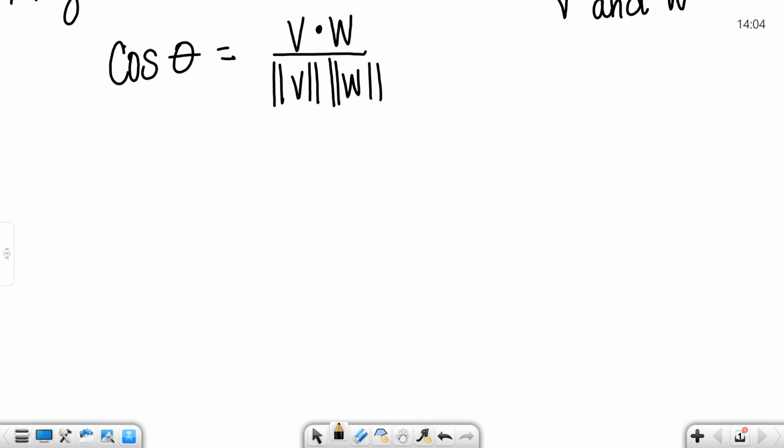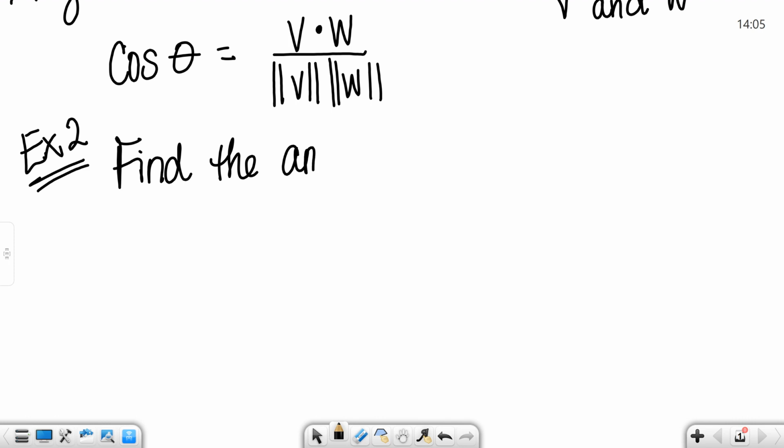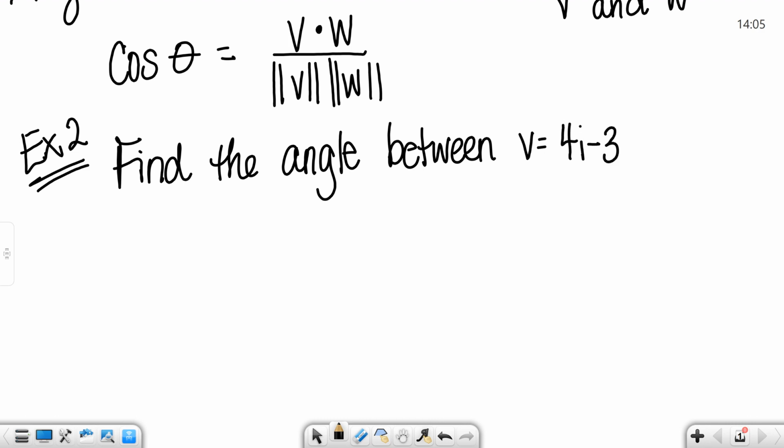So let's practice that. Let's find the angle between V, which is 4i minus 3j, and W, which is i plus 2j. All right, so let's find theta. All right, so the cosine of theta,